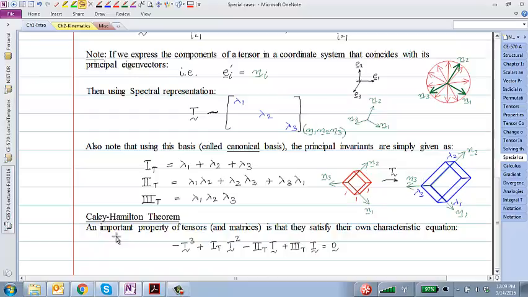So the invariant itself is associated with a tensor, right? A tensor, all that it does, it takes infinitely many arbitrary vectors in one space, modifies them to the correspondingly mapped vectors in another. So there's no volume here as such, right? Tensor itself is not associated with some volume. But when the tensor acts on a set of unit vectors, these red unit vectors, it takes them to these blue corresponding mapped vectors, which will not in general be unit vectors. The change in volume in going from this red space of vectors to this blue space of vectors, that's what the third